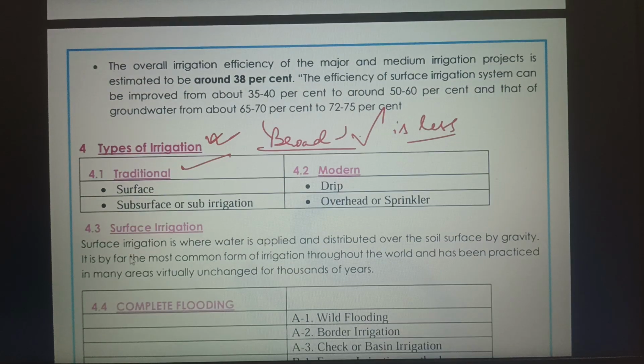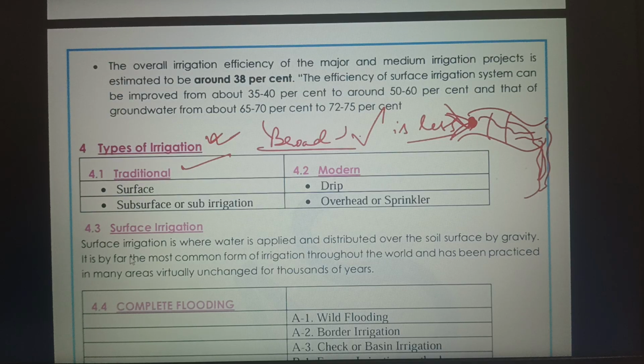Now when we say surface irrigation, that we also do in our homes. If you have a garden in your backyard or front of your home, we make some kiari-like structure. I think everybody understands the word kiari that we use in Hindi. At one point we pour the water through some source, and this water keeps on going into the different parts of the field in an open method. That is the surface method.